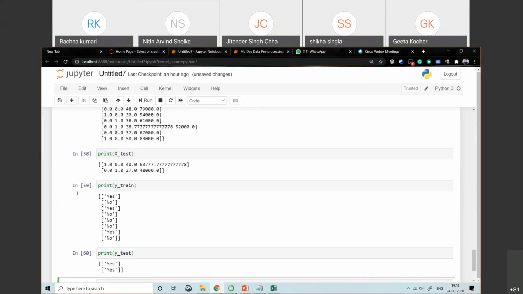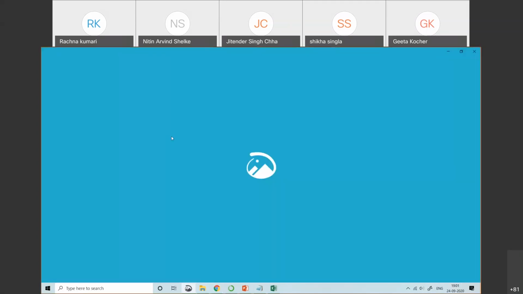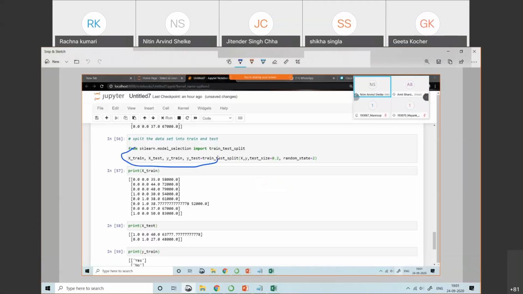Okay, so this is what we have. The data set gets divided into two parts, that is the training and testing set. One may say, sir, you said it is divided into two parts, but here we have four parts. But basically the main division is between training and testing. Observe here, train and test. So the actual division is into train and test.